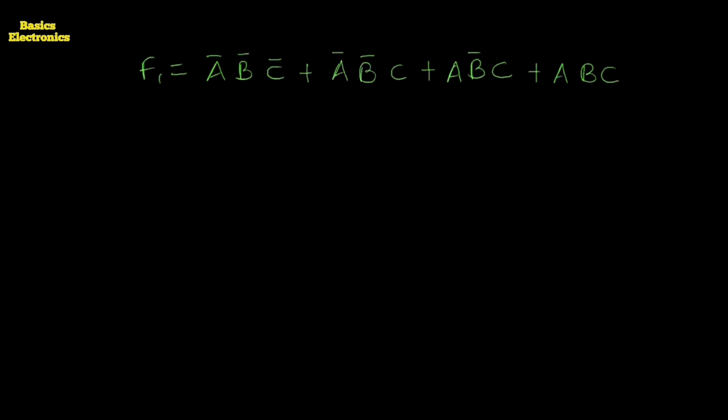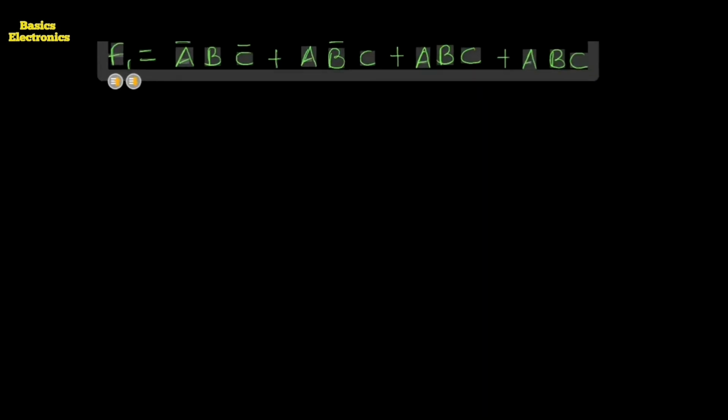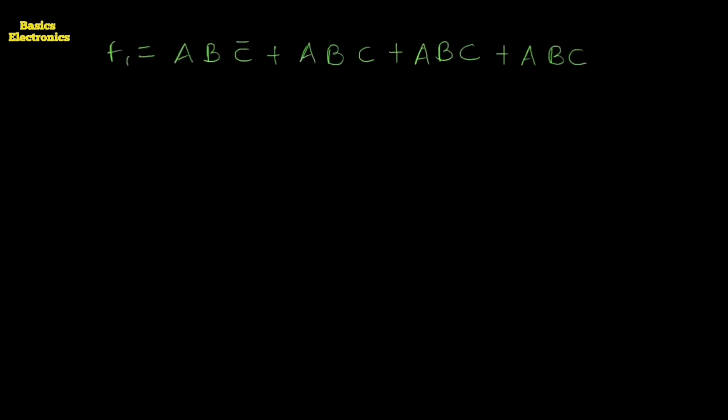Here, three input variables are there, A, B, C. These input variables are nothing but the select lines which we are using in the demultiplexer. So here again, we require to use the same type of demultiplexer, but here we have to identify, we have to find out the minterms.